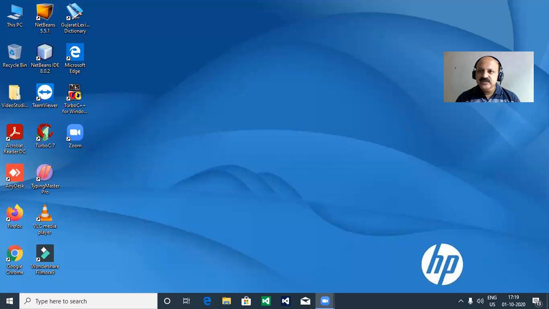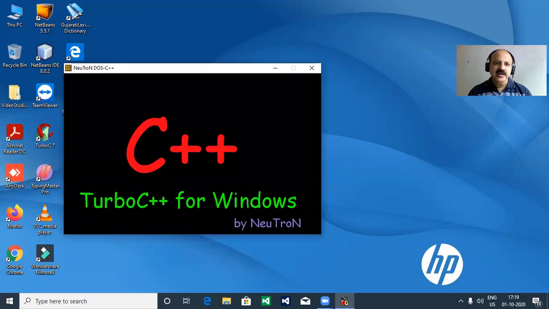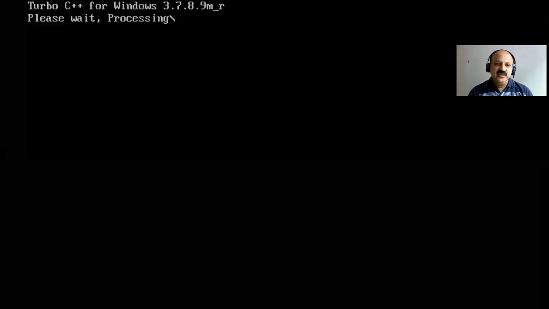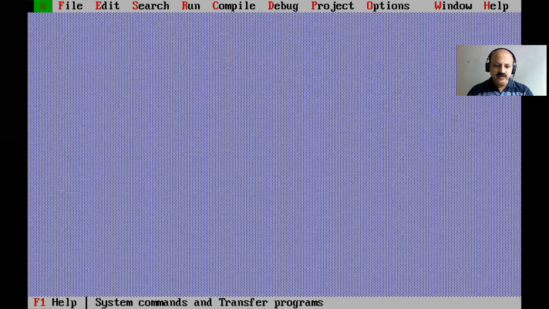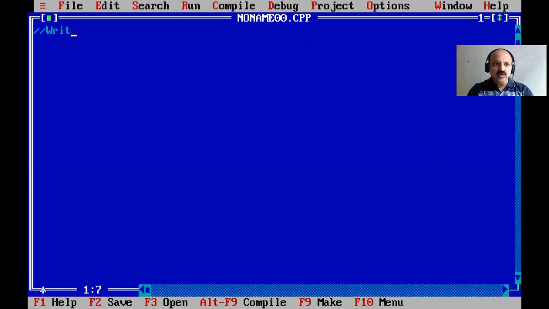So first I share my laptop screen and how it works. I fix the position to here so you can watch my video lecture better. Here Turbo C++ is there. I double click on it and it opens. Then Alt F, file menu, taking a new file, and here our goal is to write a program to